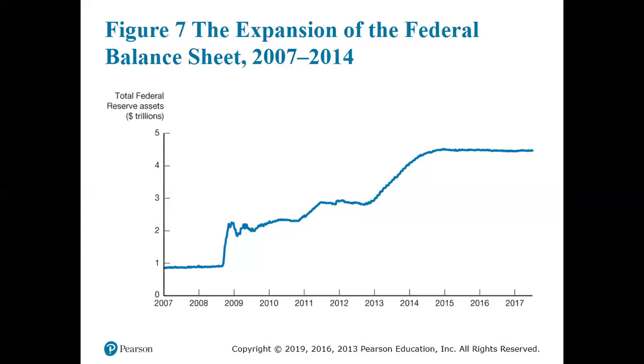So basically, after 2008, the economy stayed in a recession for a number of years. And even through 2014, they were still buying securities trying to lower interest rates to spur the economy on. So there was like 5 years there of kind of non-conventional monetary policy where the Fed was trying to get the economy moving in a positive direction, lowering interest rates,